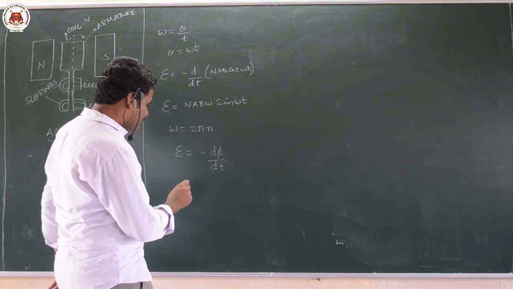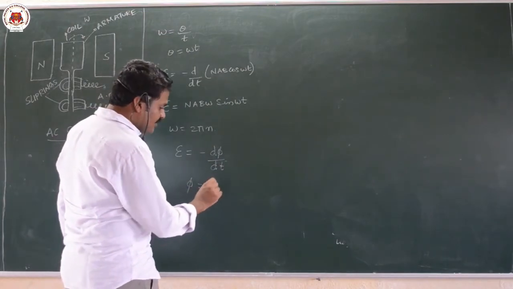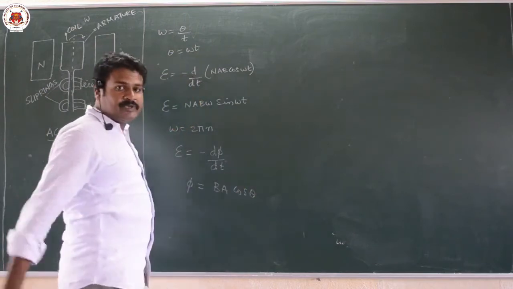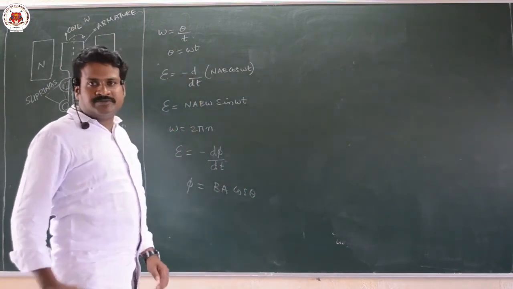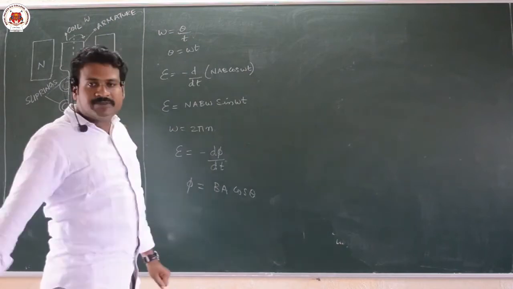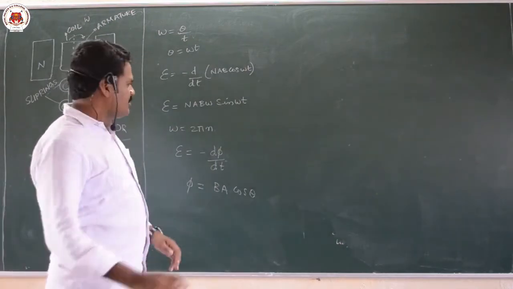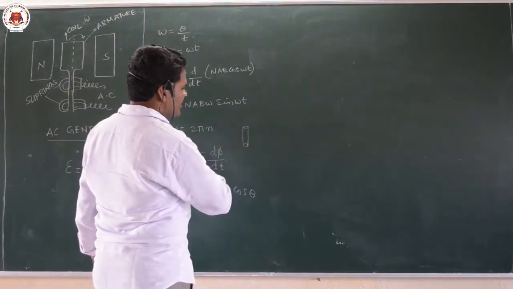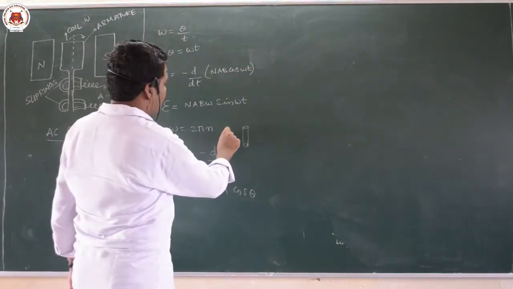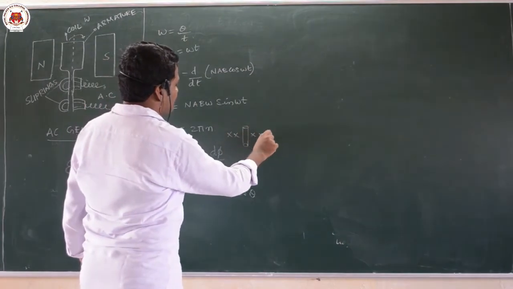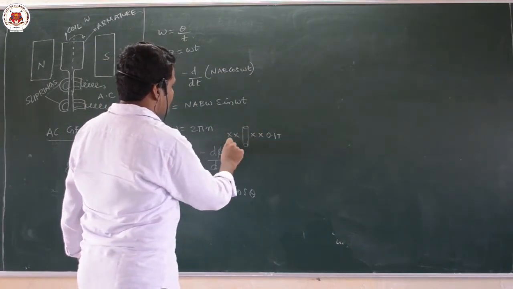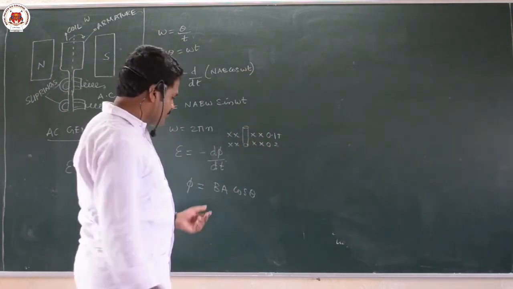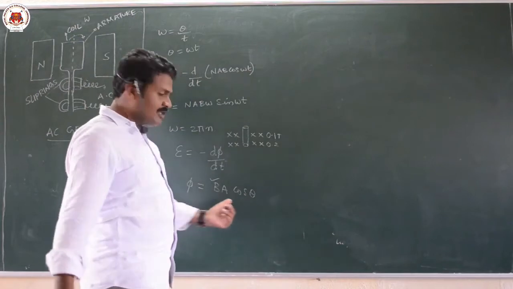So how do we change that flux? What is the formula of magnetic flux? B A cos theta. I can change B. First I will pass 0.1 Tesla, and afterwards I will pass 0.2 Tesla. Suppose there is a rod which I am not moving anywhere; I keep it stationary. First I passed 0.1 Tesla, and after some time I passed 0.2 Tesla. What am I changing here? I am changing the magnetic field. So if I change the magnetic field, I can get EMF.